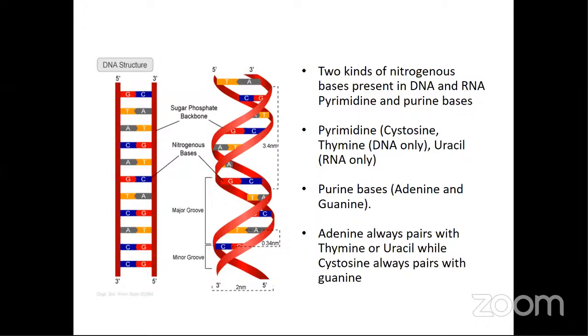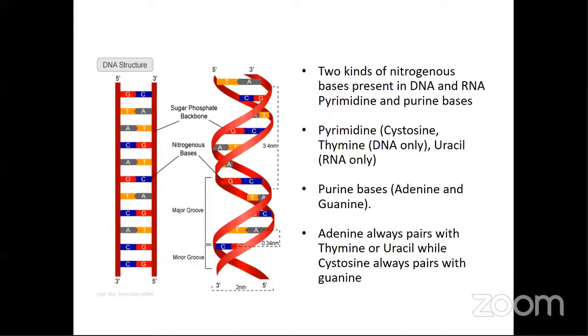Adenine always pairs. That is why they call it base pairs of DNA. So anywhere you see adenine, it will pair with thymine. But if it is an RNA, it will be uracil. So you can see this one is a DNA structure. If it is an RNA structure, you will not see T, you will see U because it is RNA. So in place of thymine, you will find uracil.